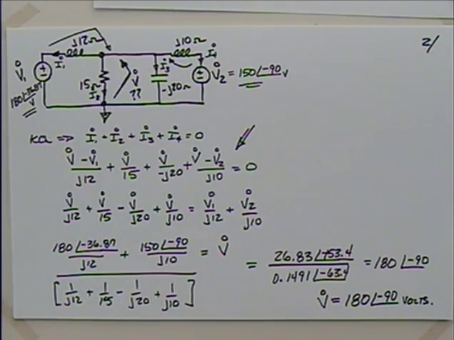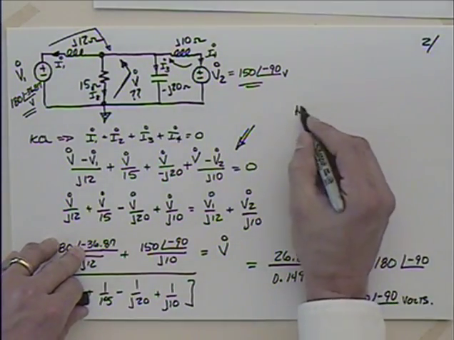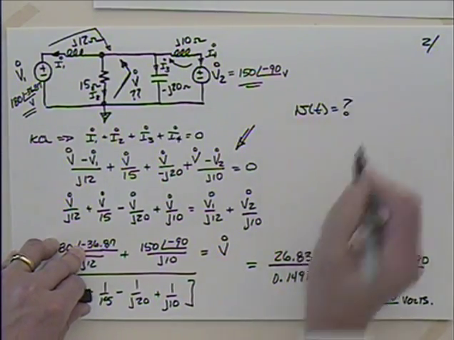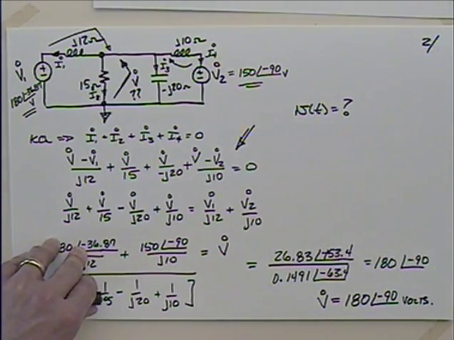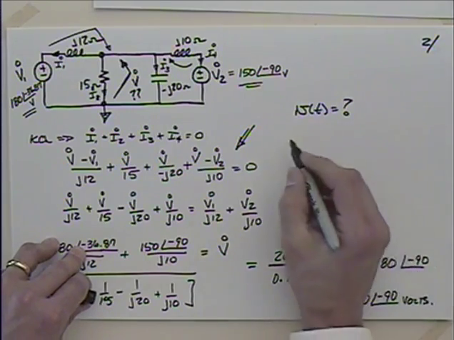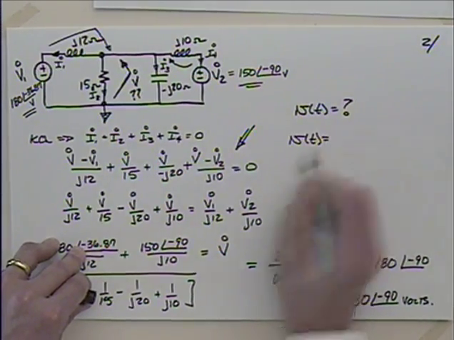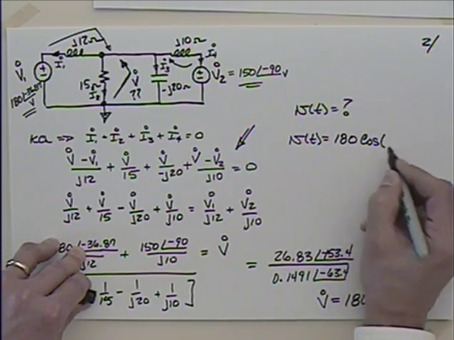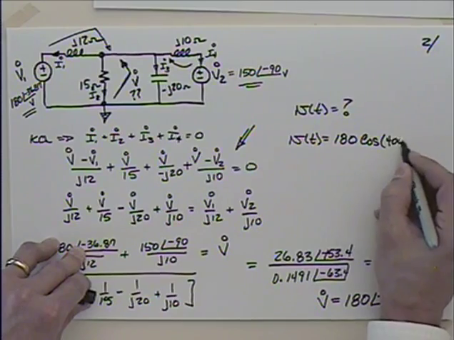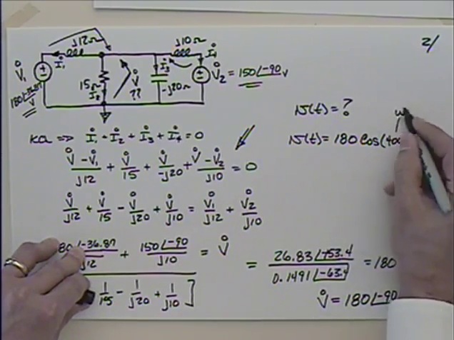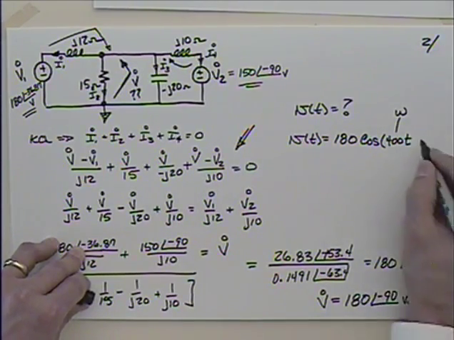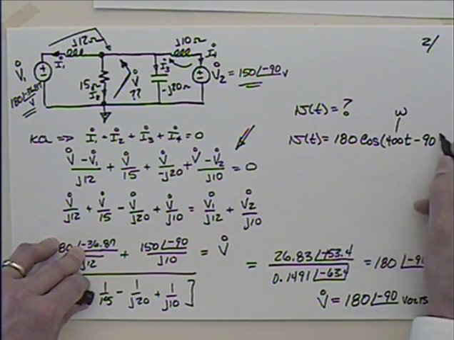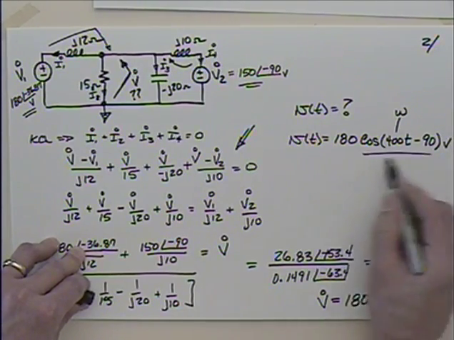Now, I don't know that we've answered this very well, because we were really looking for the answer in the time domain. Remember that we asked the question, what was V of t, on the previous page, or in your lecture notes from last time. So let me go back to that and write it in terms of V of t. I could say that V of t was equal to, the magnitude is 180 times the cosine of, what do we have for our frequency? 400 times t. That was the omega. 400 t, and then minus 90 degrees, and that's volts, and that would certainly be a fine